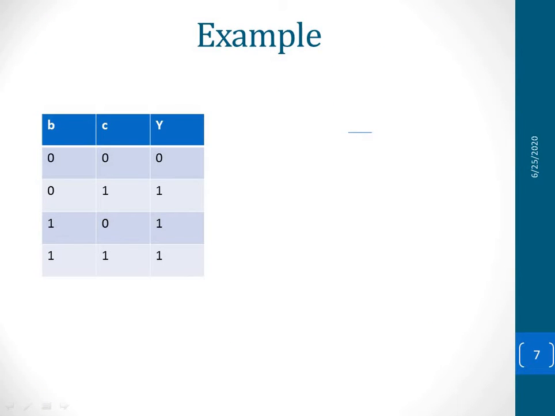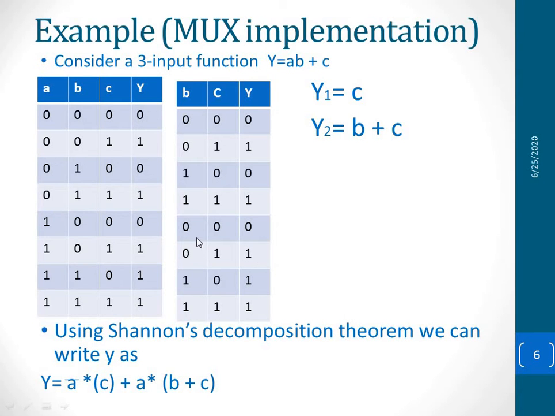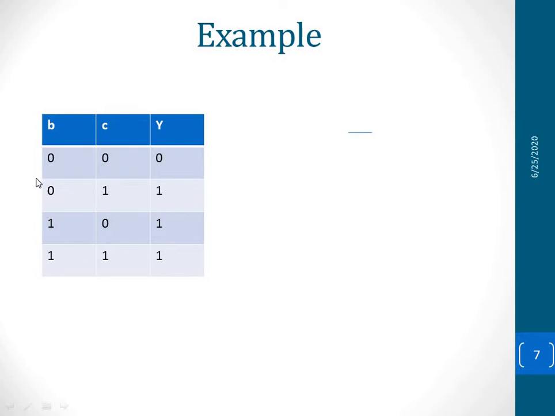Getting? So the same example, we can write y2 as y3 plus y4. Here y2 is b plus c, and again I want to decompose it. If I decompose this again, half of it is 0 and the other half is 1, so I can make it b bar and b. So it is b bar into c plus b into 1. The b plus c we had before is further decomposed.